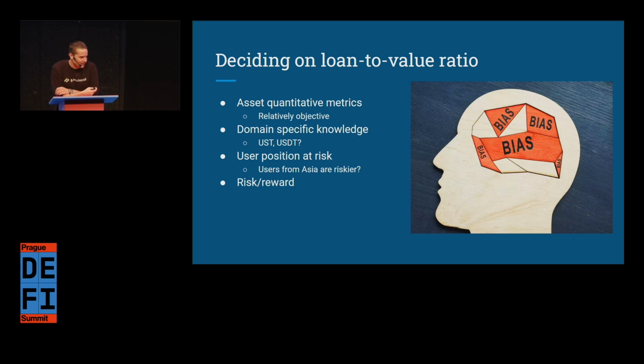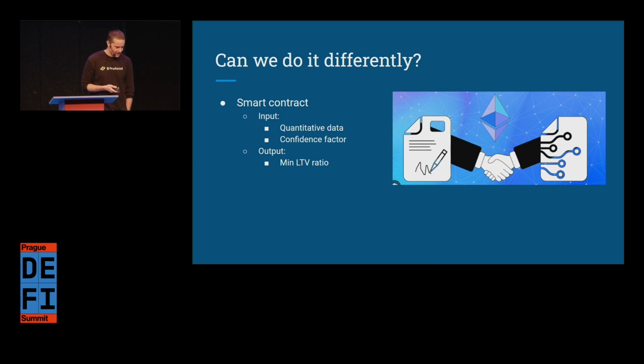Of course, if you can optimize your risk management by classifying users according to, I don't know, their ethnicity or origin, it might even be your duty as a risk manager. But then comes the question of whether you want to do something different in DeFi, even at the expense of making it less optimal. So what we are trying to promote,